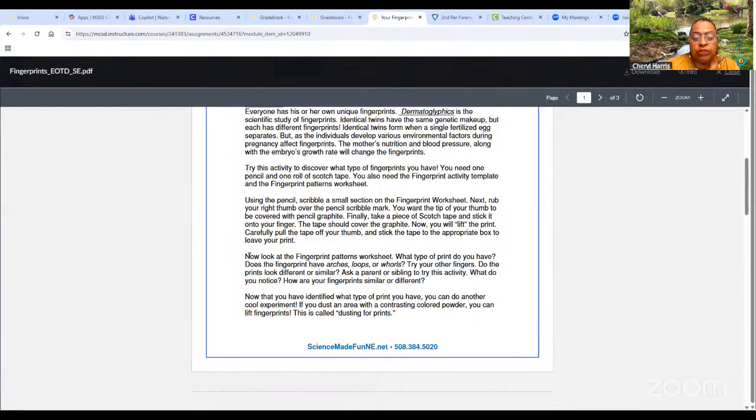The objective is to identify what type of fingerprints you have. So you do need to tell me, is it whorls or loops or arches? But I'm also asking you to